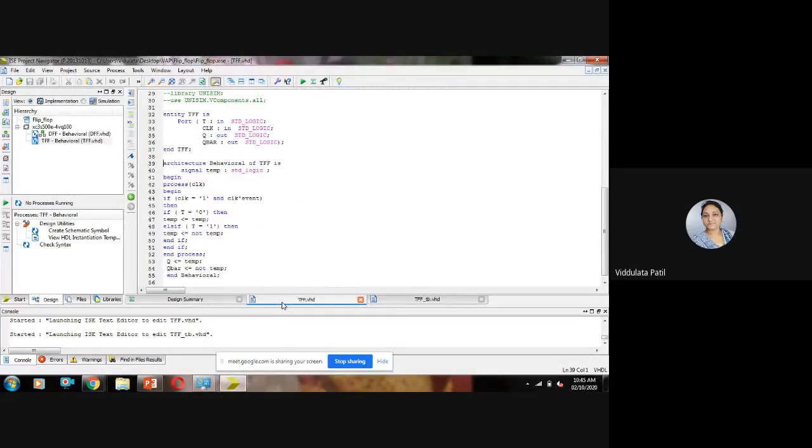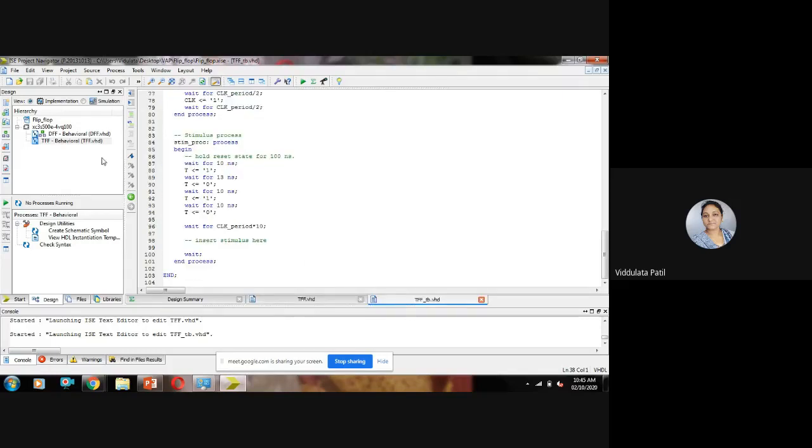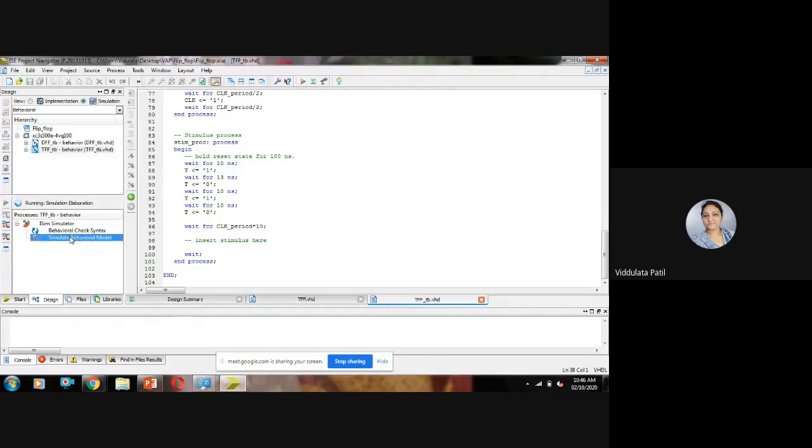So you need to tell me what is the error in this code. Shall I run this code once again, so that you will get the idea? I'll just go here. This is the test bench. I'll just directly simulate this behavioral model.